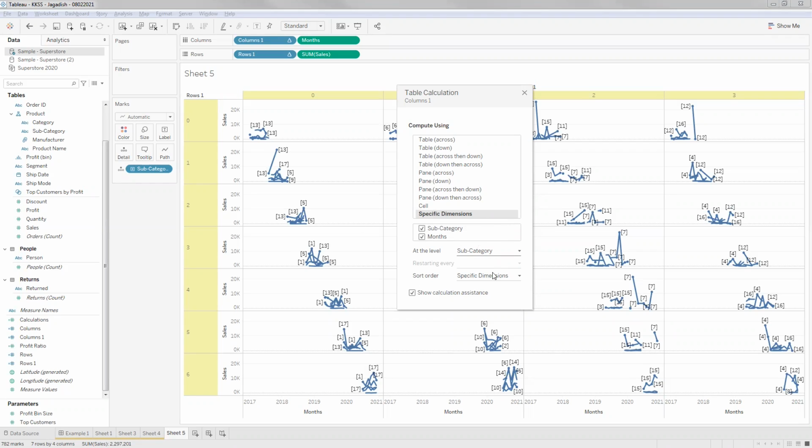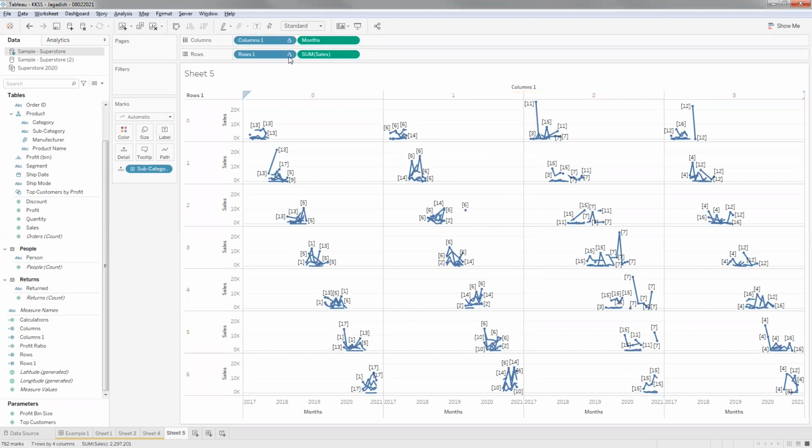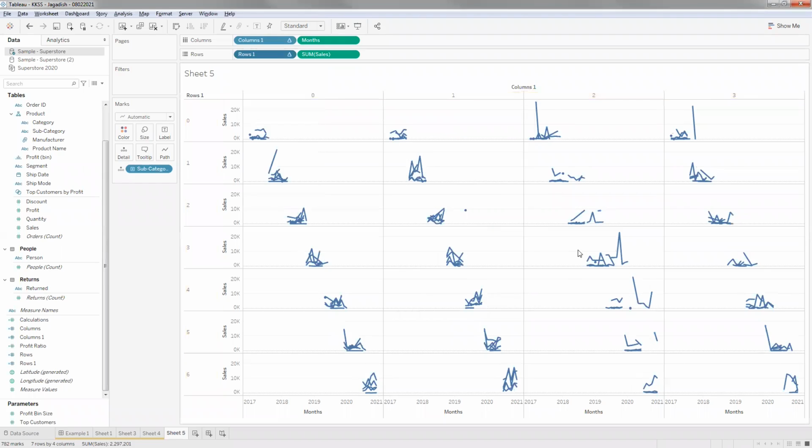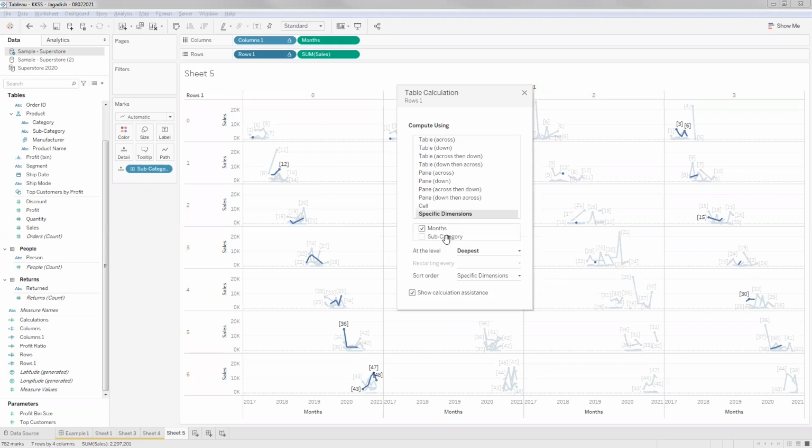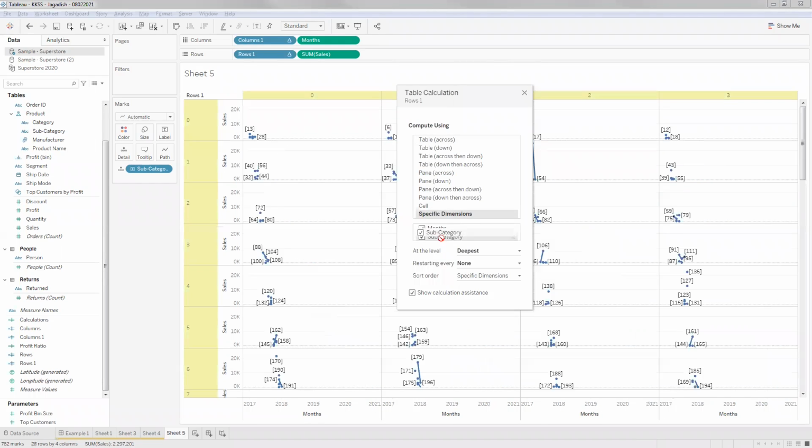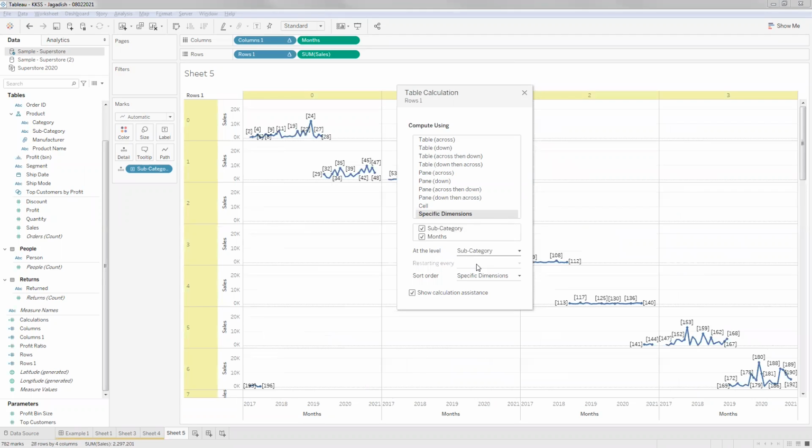So what we need to do is create a hierarchy first with subcategory and then months, whatever the dimensions we are trying to arrive at, and then set the calculation level up until subcategory itself. And then I have to do the same for my rows. Okay, table calculation, specific dimensions across subcategory and months, and one little here.